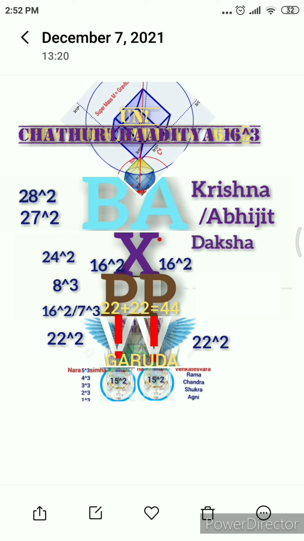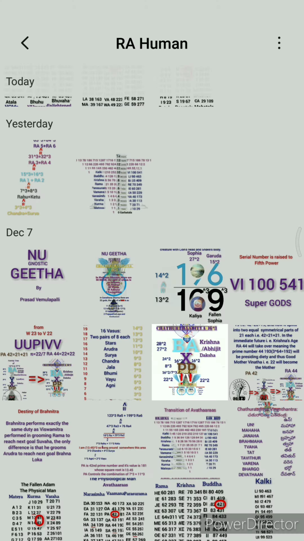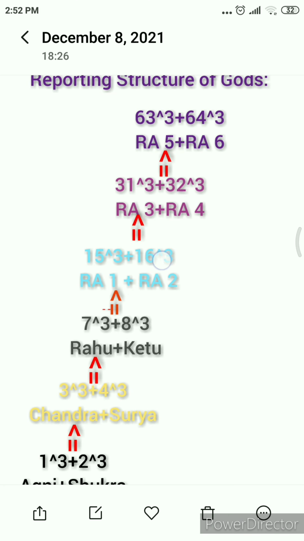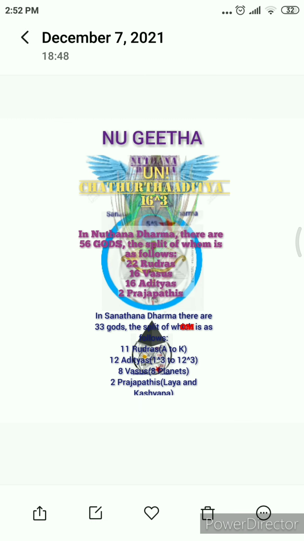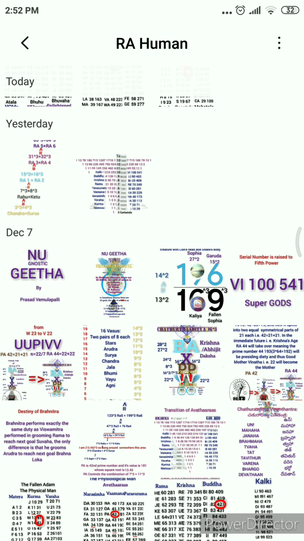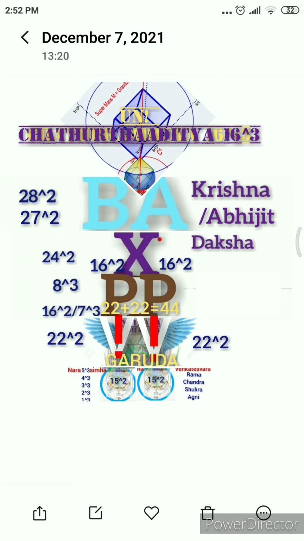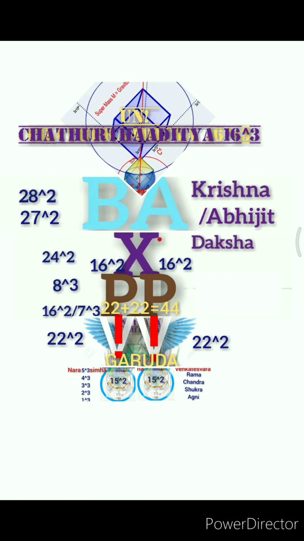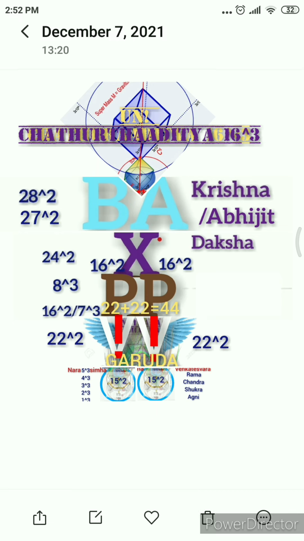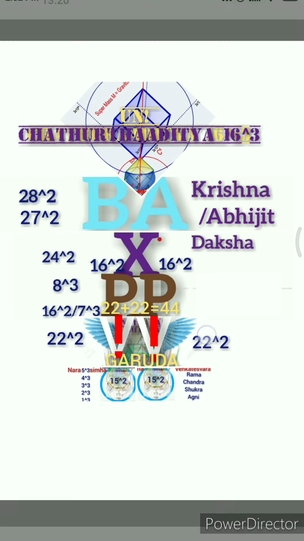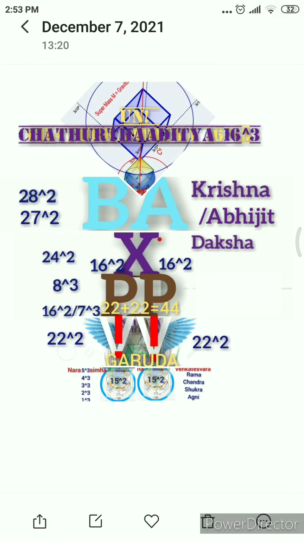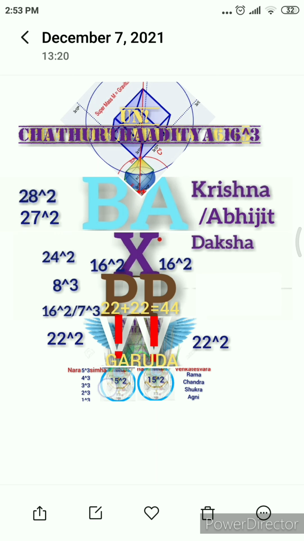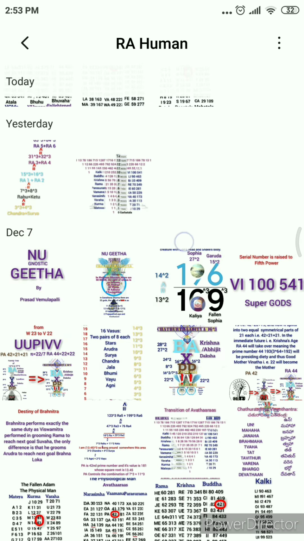The Chaturtha Aditya's Loka, as I have shown you in the reporting structure, this guy is the 16th Aditya. That 16th Aditya Loka, I'll show you this one. So in this loka, what do you observe here? Here you have 22 squared, that is, two good mothers are here, right? So this guy has two parallel worlds. That means these are two parallel worlds.